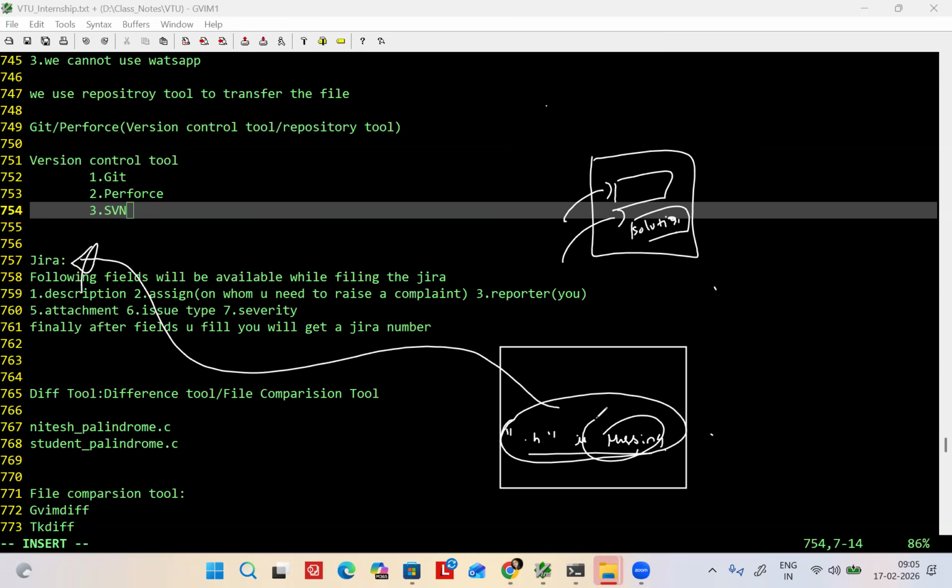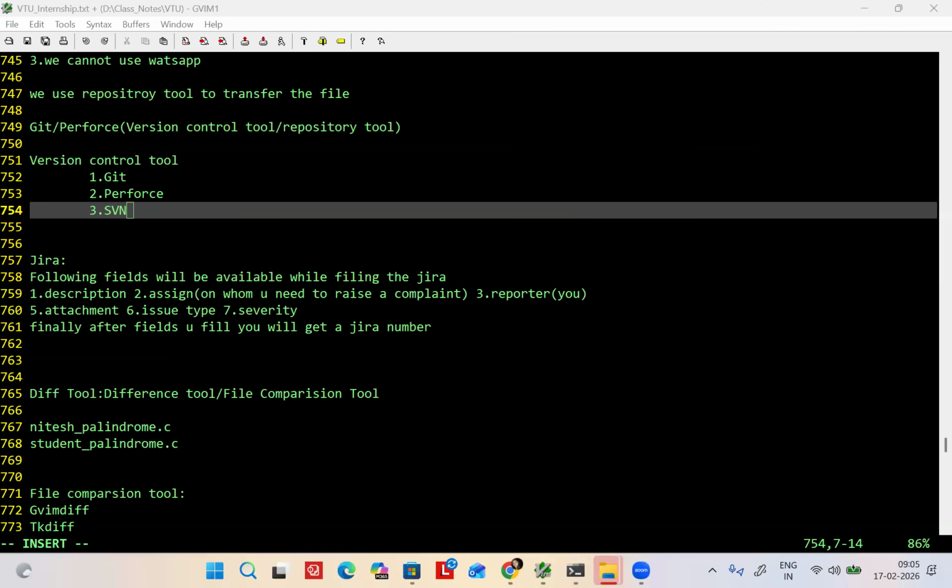Then how will we do it? Jira. Jira is given, which will help us. Because I don't know any file structure or anything, I'll go to the Jira. I'll check what solution the people had done, and I'll try to put a similar solution. Clear? Jira is very important now.